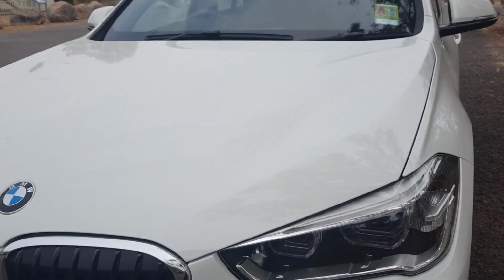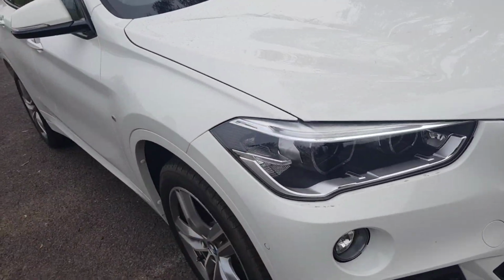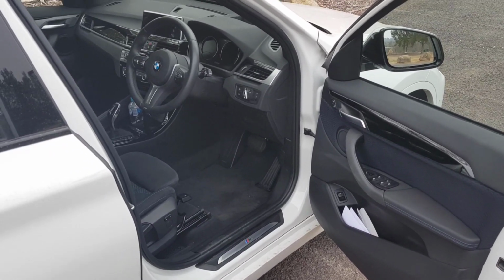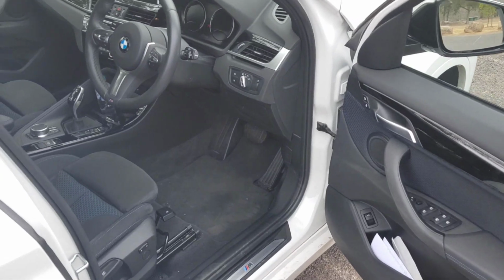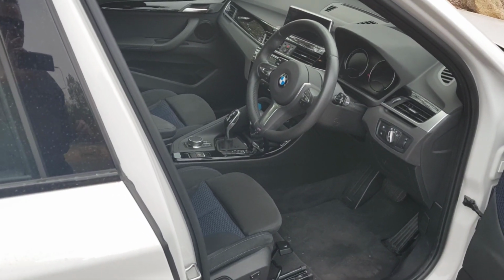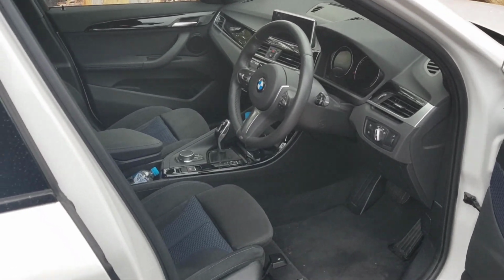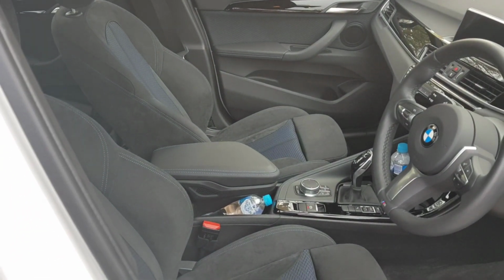So well done BMW for getting those vents done there. Let's check out what's happening inside this car. Now these cars sell from anywhere between around 45 to 60,000 in Australia, and of course being BMW you can put so many features in it and so many additions to the car that the price just goes up, up, up and away. But this car would be around the $50,000 mark, noting that it has virtually no features,